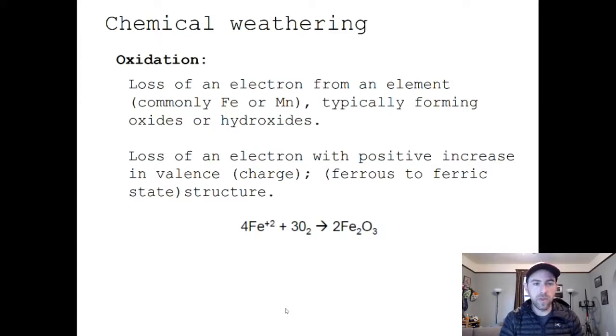The loss of an electron in this particular reaction here of iron, right? So if you have iron 2 plus, and you can add oxygen to that, and you can get Fe2O3 here, so you can change from a ferrous to a ferric state, which can result